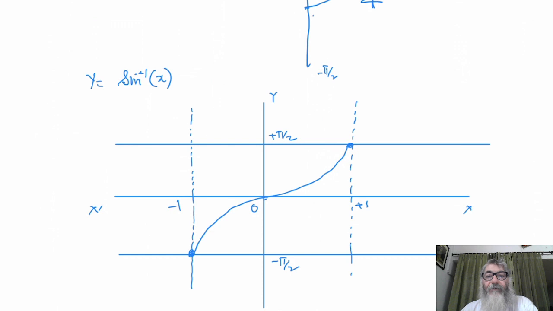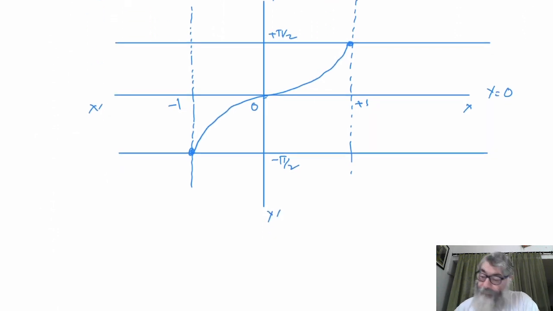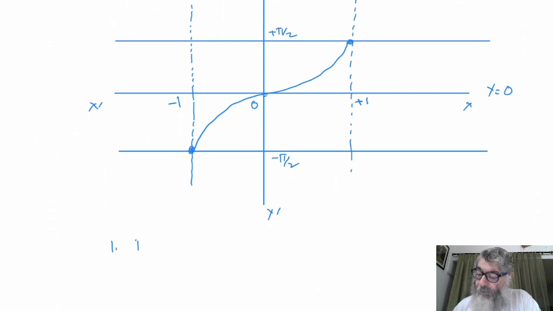In the curve of sine inverse x, you see, the line y is equal to 0, or the x-axis, is in between, and half the curve is above the x-axis and half the curve is below the x-axis. Pi by 2, minus pi by 2. Let us write the domain. What is the domain of this function? Domain is always the values along the x-axis. In this particular case, it is minus 1 to 1. The domain and range have interchanged. The range of sine x used to be minus 1 and 1. Now the domain has become that.